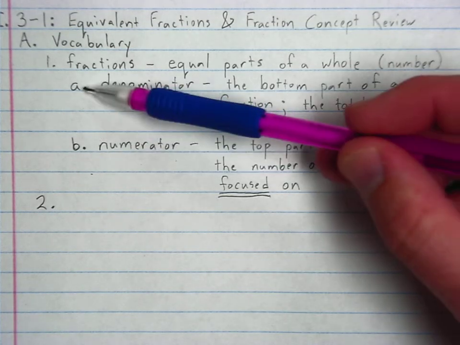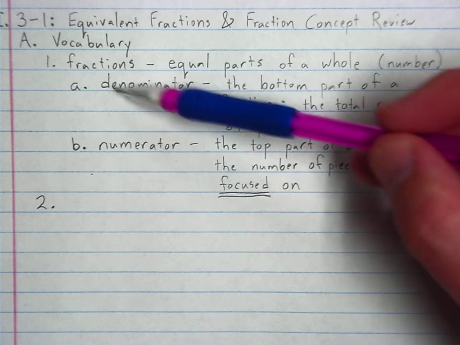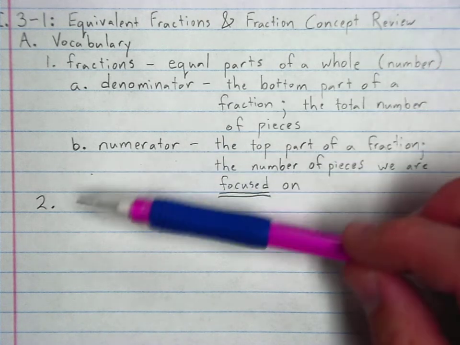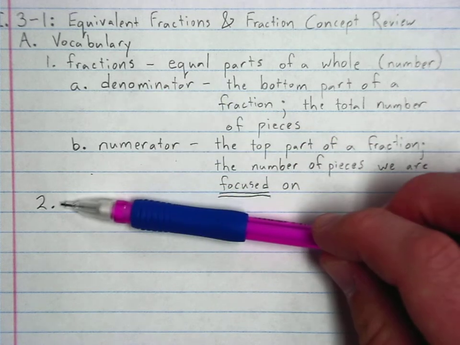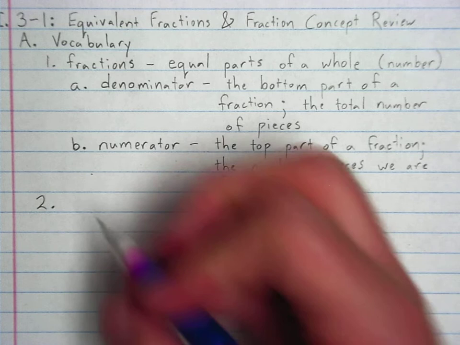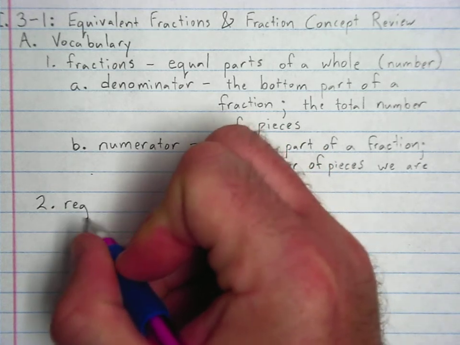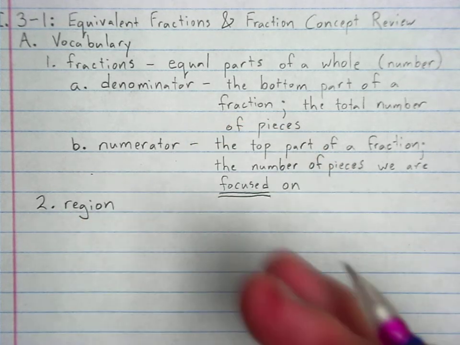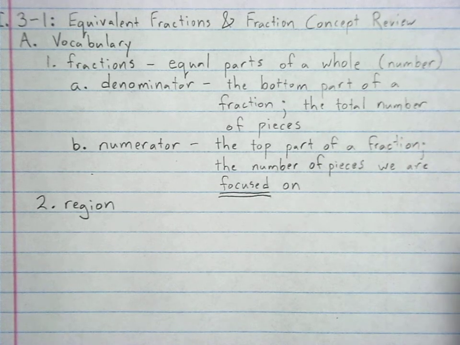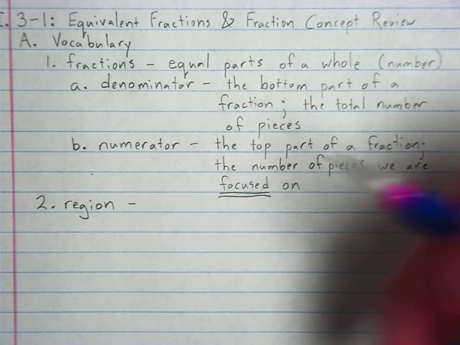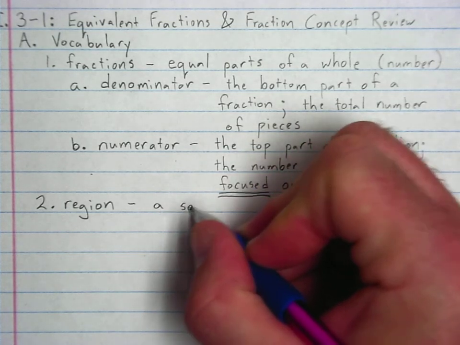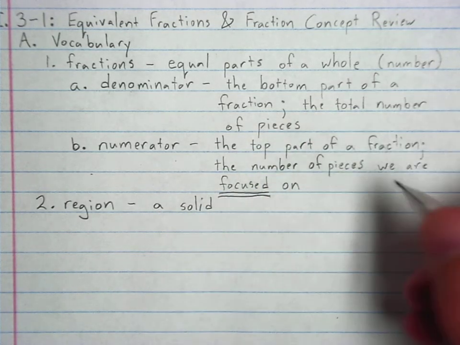A and B. We went in for denominator and in for numerator because both of these things are part of a fraction. Now I'm going to go back out to 2, so I'm continuing the list from here. I'm going back out to 2 because my next vocab word is related, but it's not the same. It's not a piece of a fraction. A region is one way that we can see a fraction or represent one. A region is a solid, so a physical object, a solid